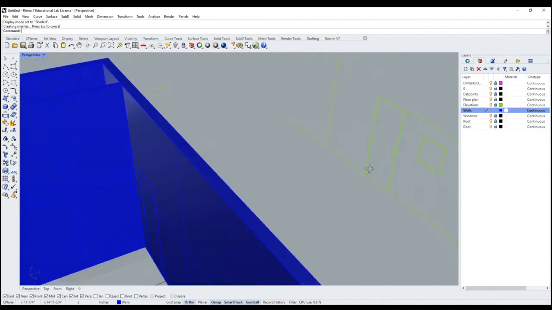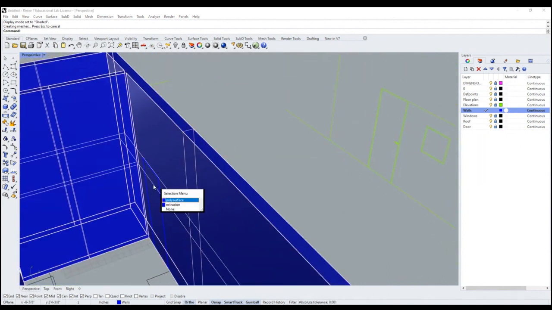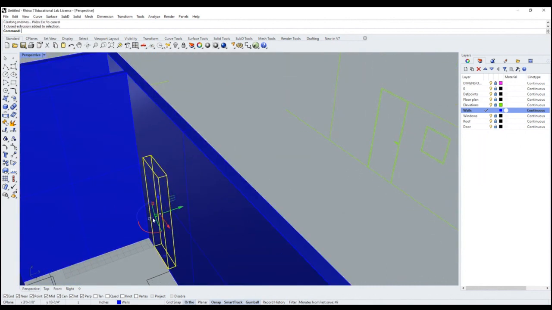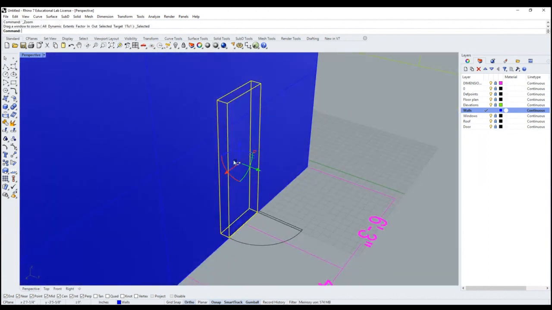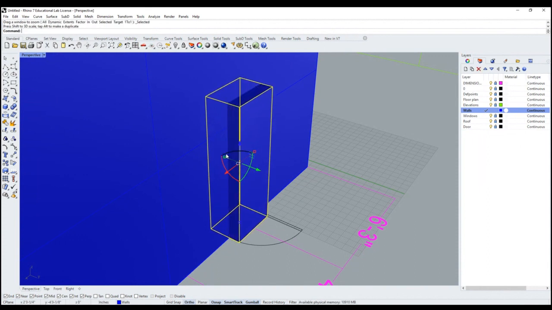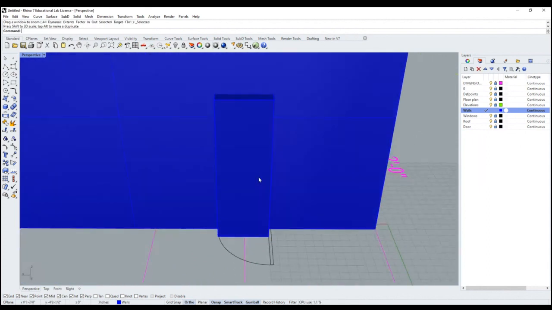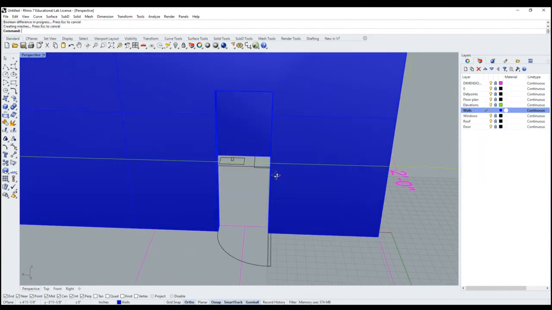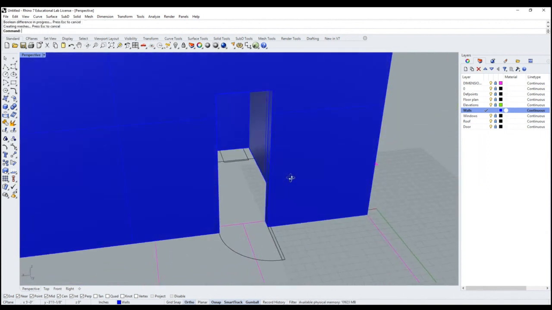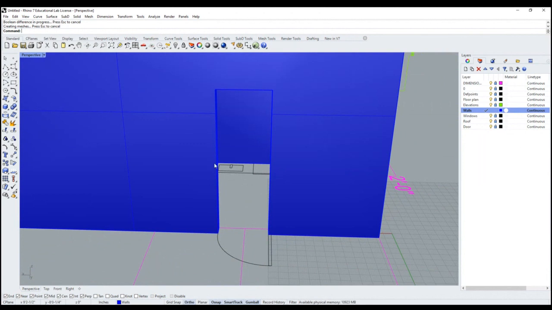To shaded view. And then we have to take this extrusion and we actually have to use the green box here to push it out a bit more so that we can cut the entire profile from the door. And we're going to Boolean difference. And then there we have our entire cutout,